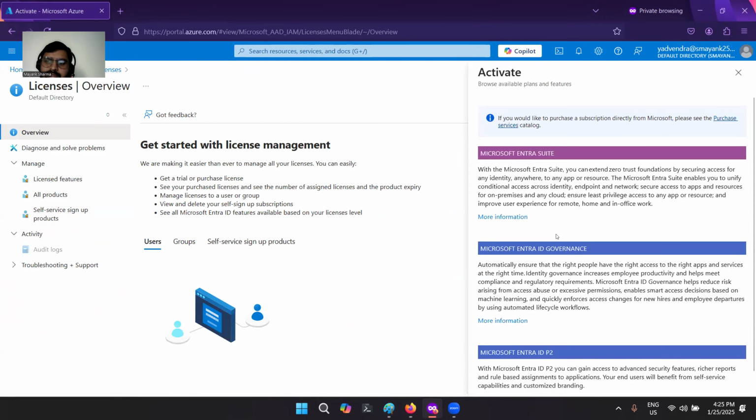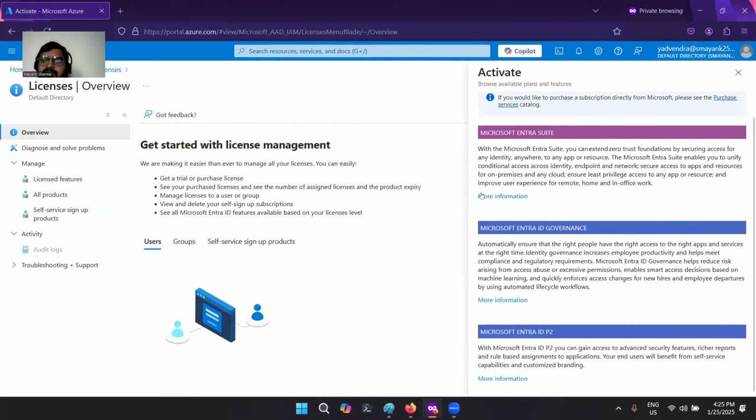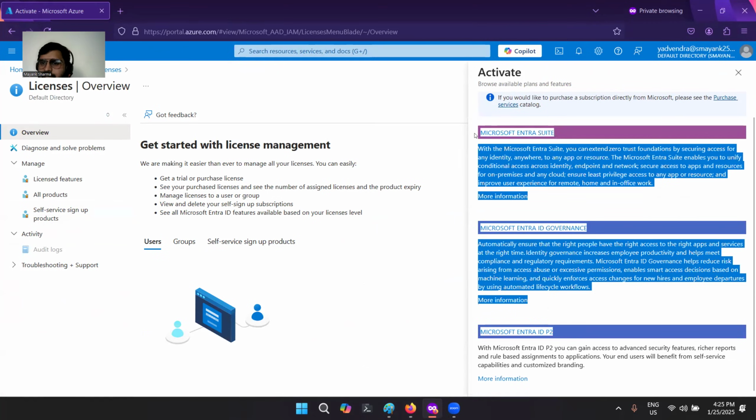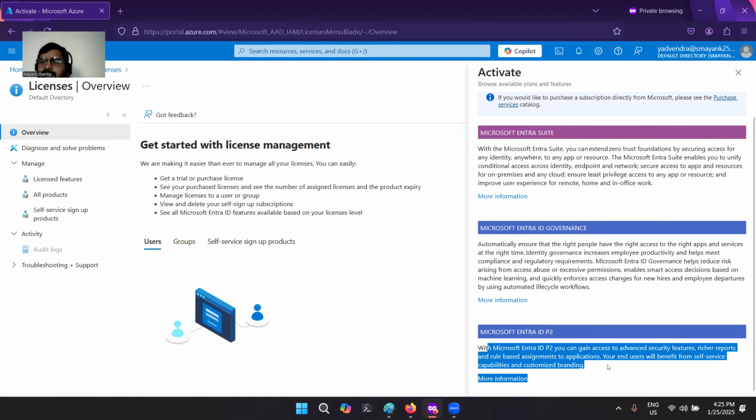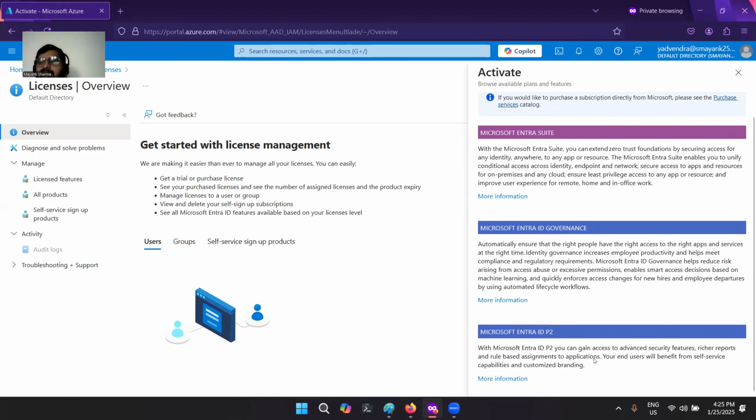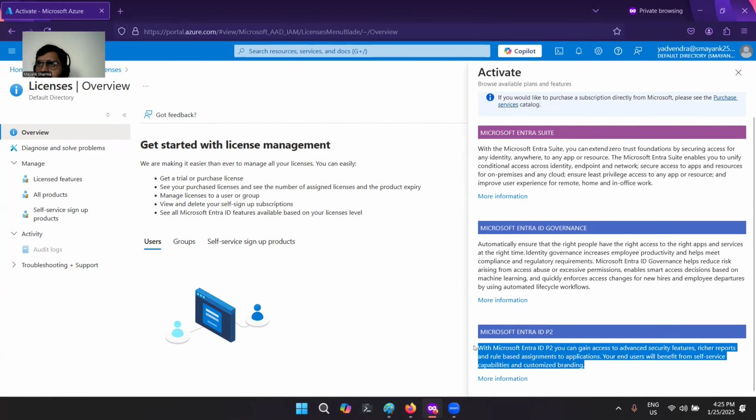That's why. So these are the three default licenses that you can take: Microsoft Entra Suite, Microsoft Entra ID Governance, and Microsoft Entra ID P2. All of these three licenses provide different privileges, or different accesses. If you take Microsoft Entra ID P2, it will give more benefits, like we can do customization and branding, add our own domain name, and enable user monitoring.